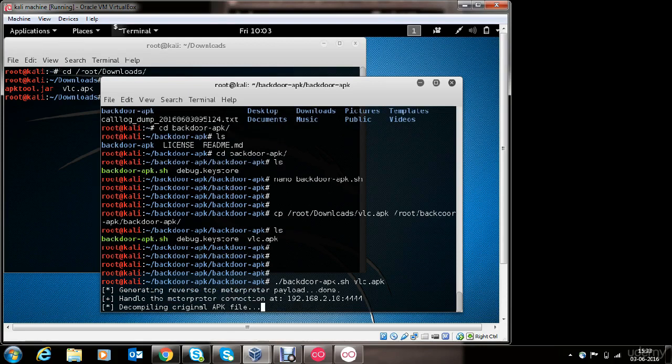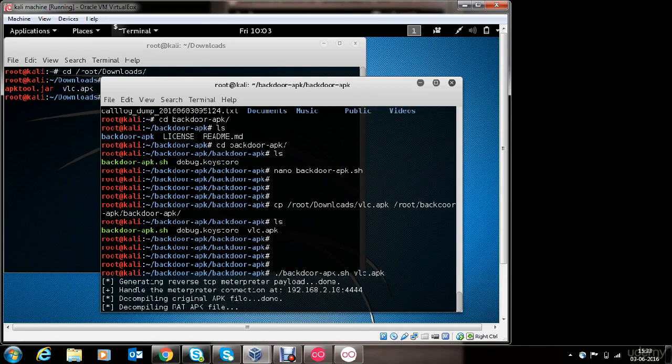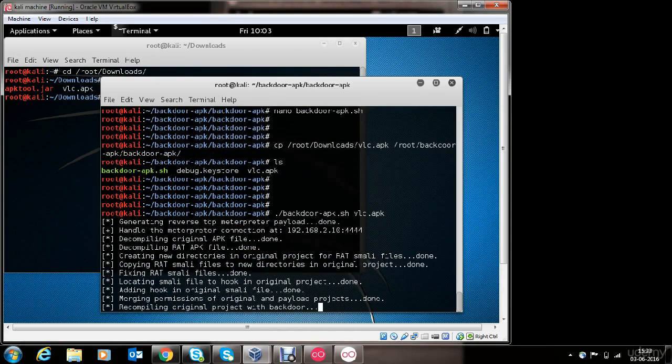Now it is decompiling the original APK file. So the original APK file is the VLC file, vlc.apk file. For the decompiling, it makes use of APK tool. We saw how to use the latest APK tool. Now it is also decompiling the RAT file. RAT file also means the payload file. And now it is looking for locations in the smali files